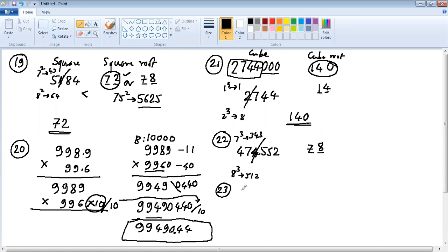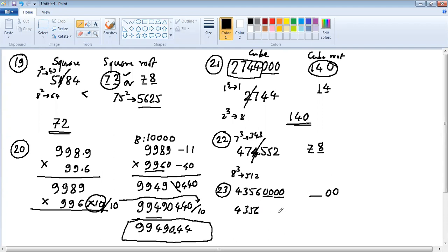Twenty-three question is on square root, but here again there is something extra. 4, 3, 5, 6, the actual number, and you can see there are 4 zeros here. This is a square, so what will happen is every 2 zeros will convert to 1 zero. This 2 zero will convert to 1 zero in the square root. The next two set will convert, and then you have to find out what is the answer with a normal 4, 3, 5, 6, like what we studied yesterday. So whatever answer you get, you write here. 2 zeros convert to 1 zero, so these 4 zeros will convert to 2 zero.